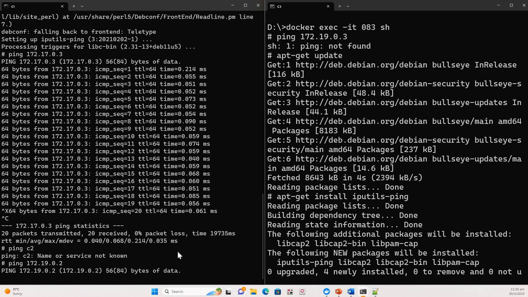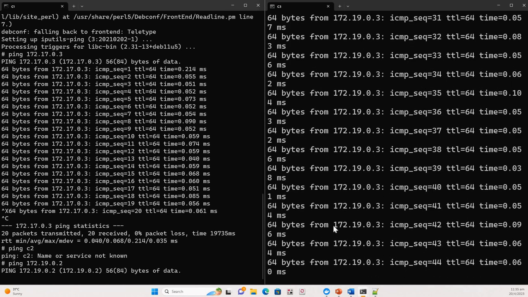So they cannot communicate with each other, because container to container communication within the default network is successful, and within the custom network is successful. But from the default network to the custom network it is not possible, and that is correct. So how can we make C1 communicate with C3? What I am going to do now is